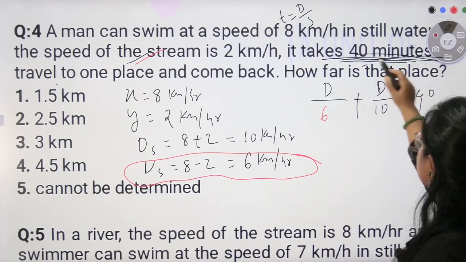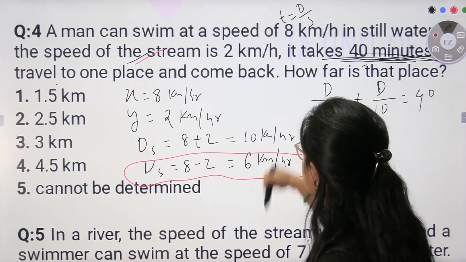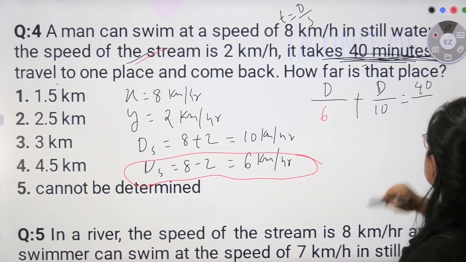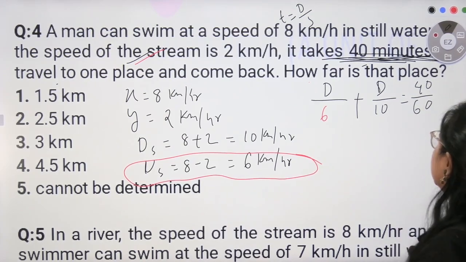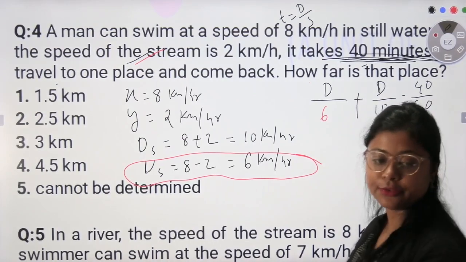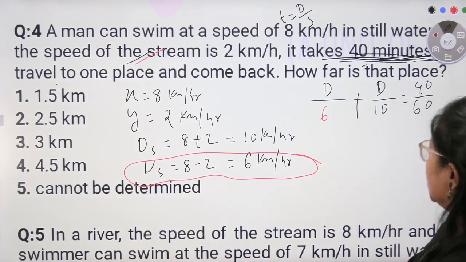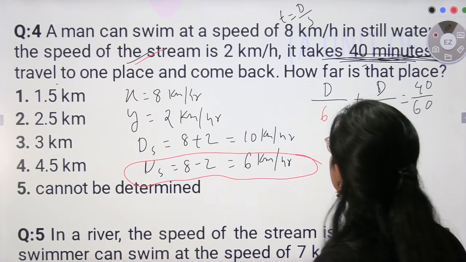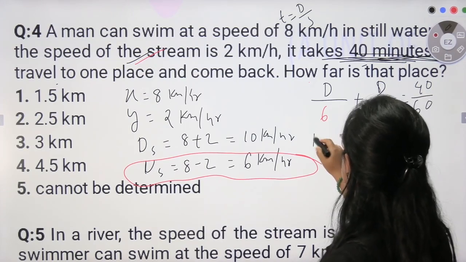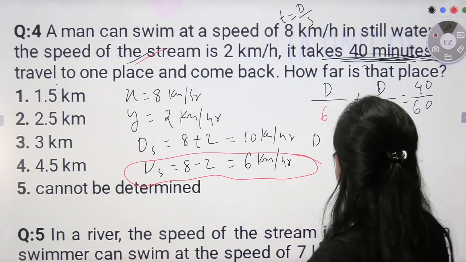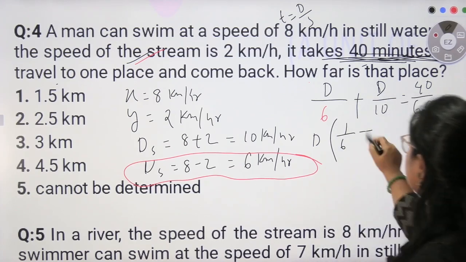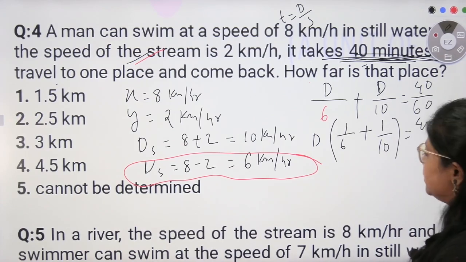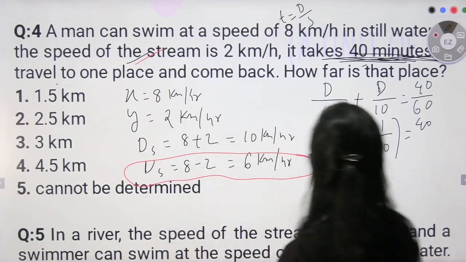40. So it is in minutes, and now we are considering speed in km/h. So if I convert this minute into hour, I will get this as 40 by 60. Okay, fine. So I know that distance by this or distance by this. You are now asked to find the distance. If I take common the distance, then my value would be 1 by 6 plus 1 by 10 is equal to 40 by 60. If I do this calculation here,